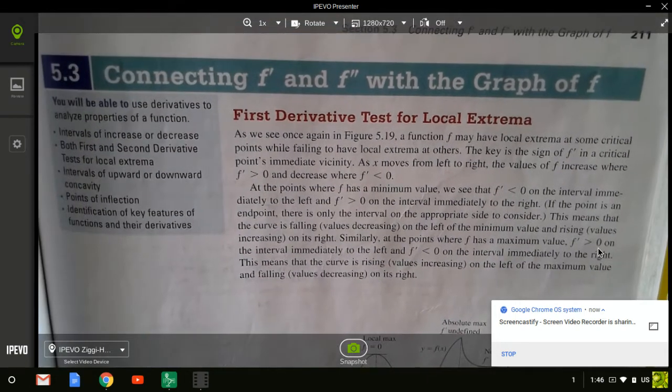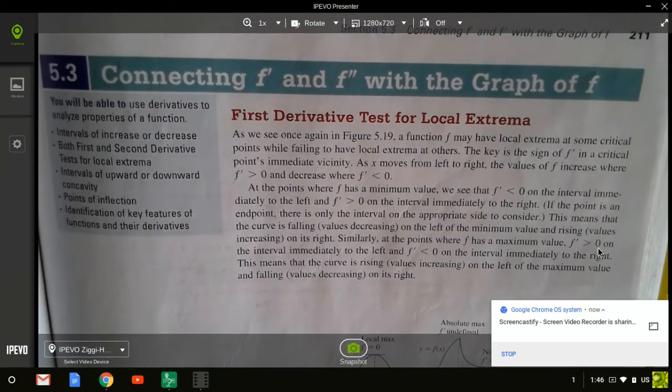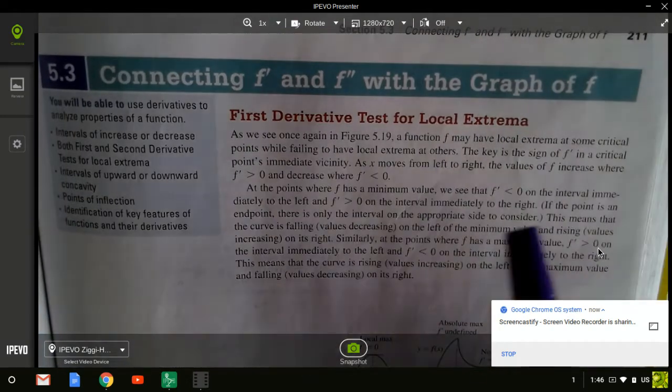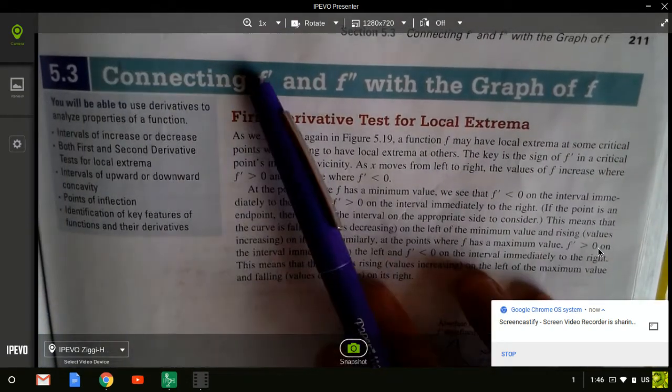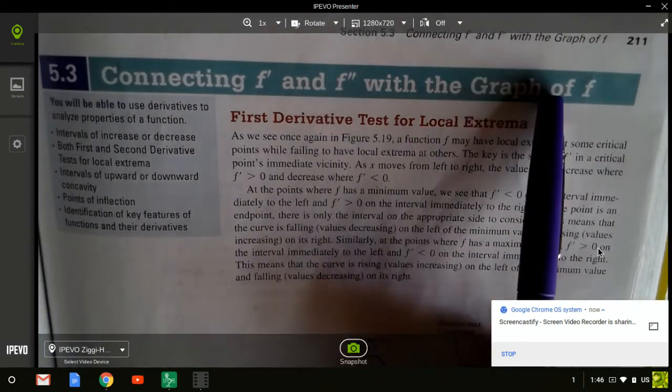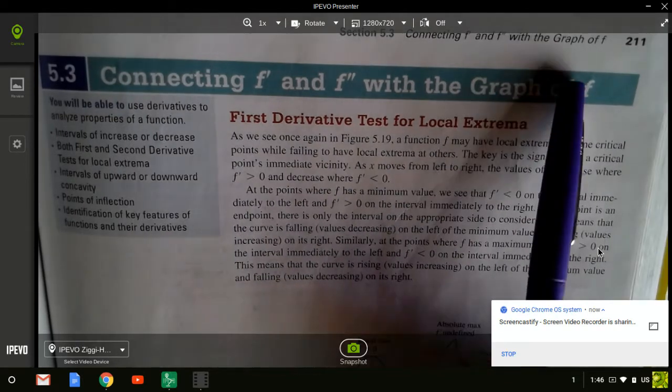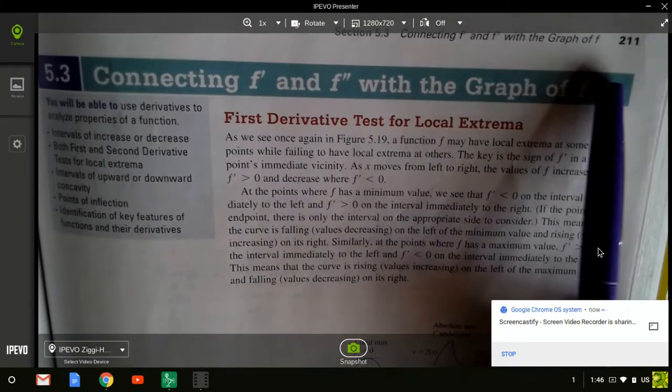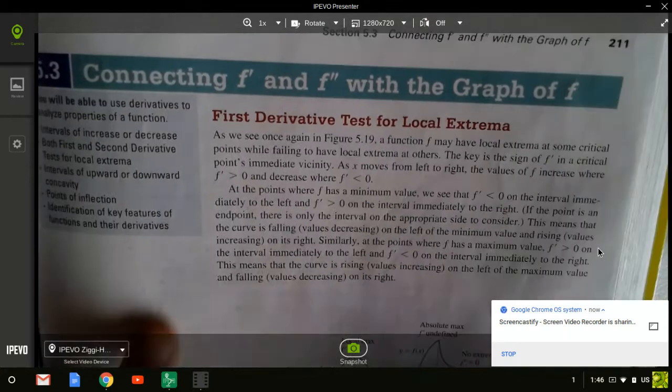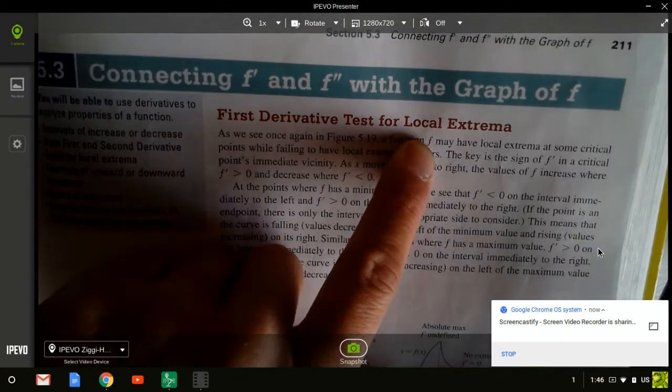I just want to go over 5-3 in a few different parts, but it's basically talking about when you find f prime, f double prime, and you compare it with the original graph of your equation, f, okay? So the first thing we're going to talk about is what's called the first derivative test for local